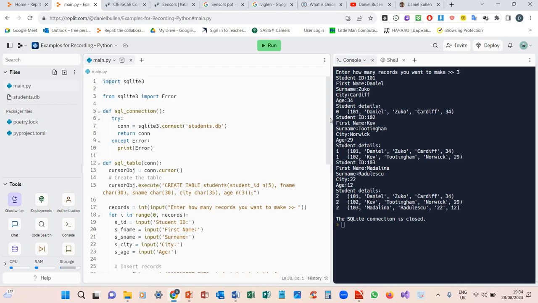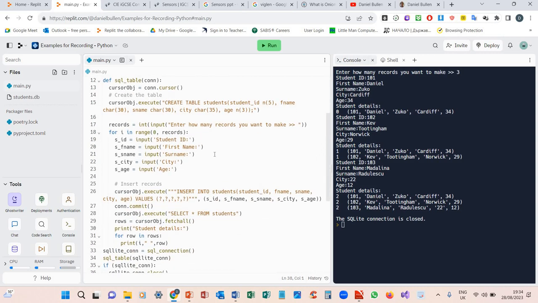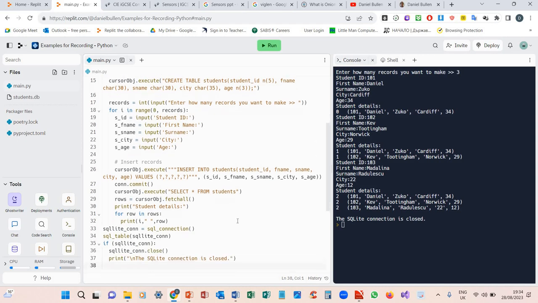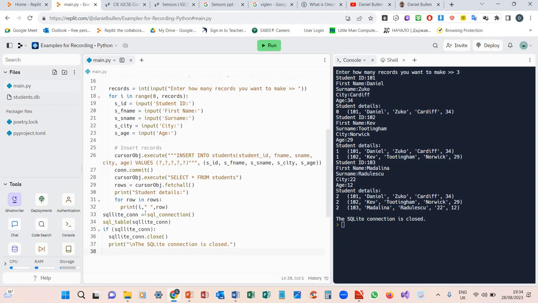And then in the SQL table, that is where the magic happens. That's where we're inputting our data in Python. And in SQL, it's doing all the inserting and the table creation for you. And in Python, it's outputting the table itself in that SQL table. And out of there, got the SQLite con, which is